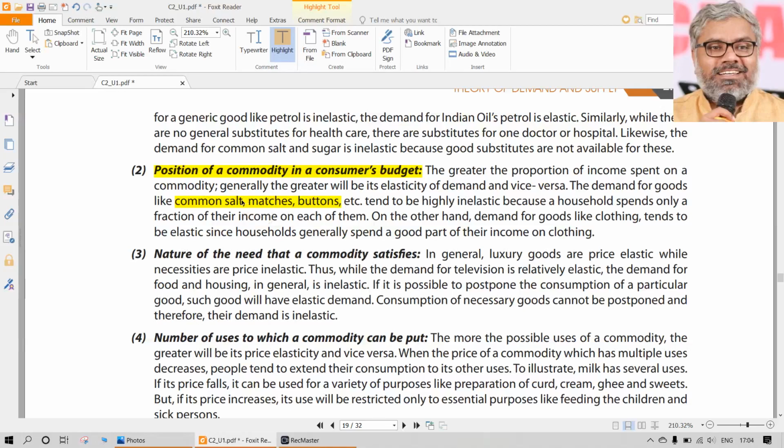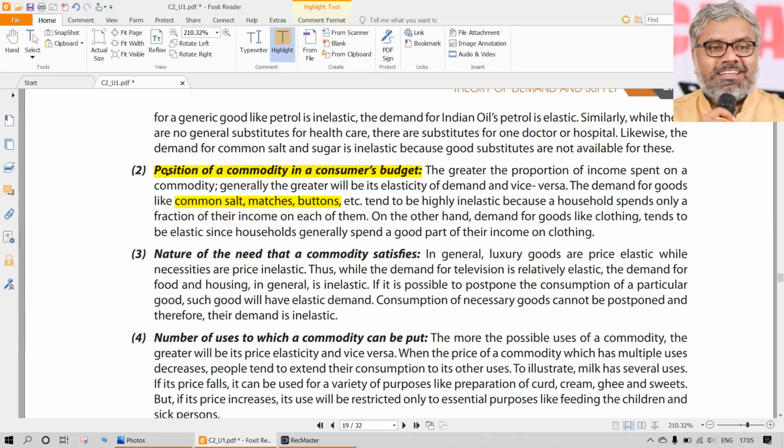And another thing is, even if there is a decrease in price, let us say, for example, matchboxes. Normally, 1 rupee matchboxes, and a 25% discount offer on matchboxes, like that. Any company arranges some advertisement campaign. Are you going to just buy matchboxes and use them? What are you going to use them for? Useless. So nobody is going to buy matchboxes just because they are available very cheap, even free. So if you take examples, these are the ones which are very cheap.